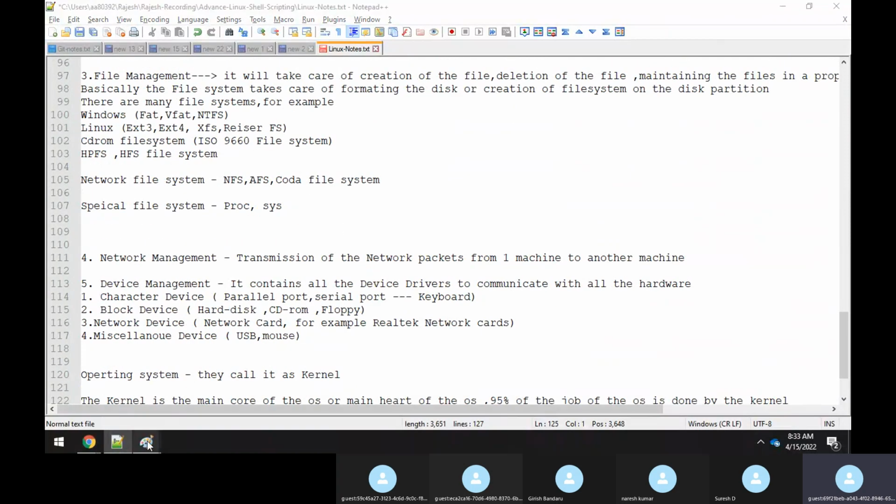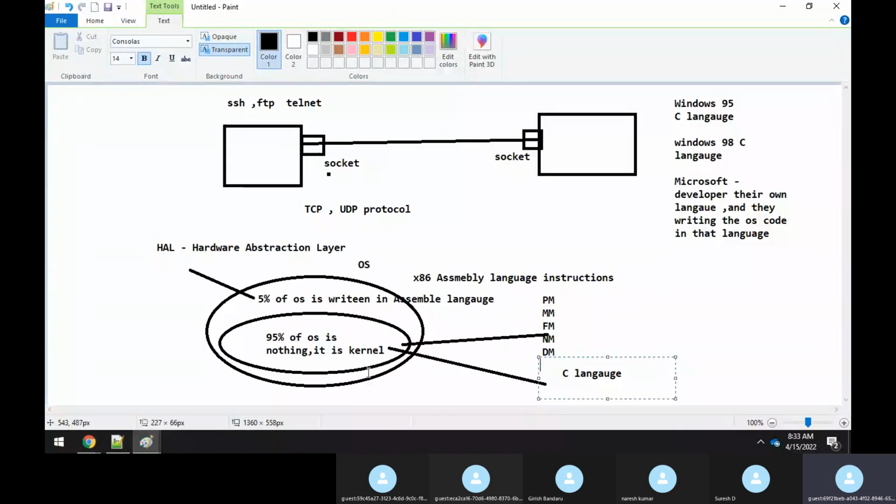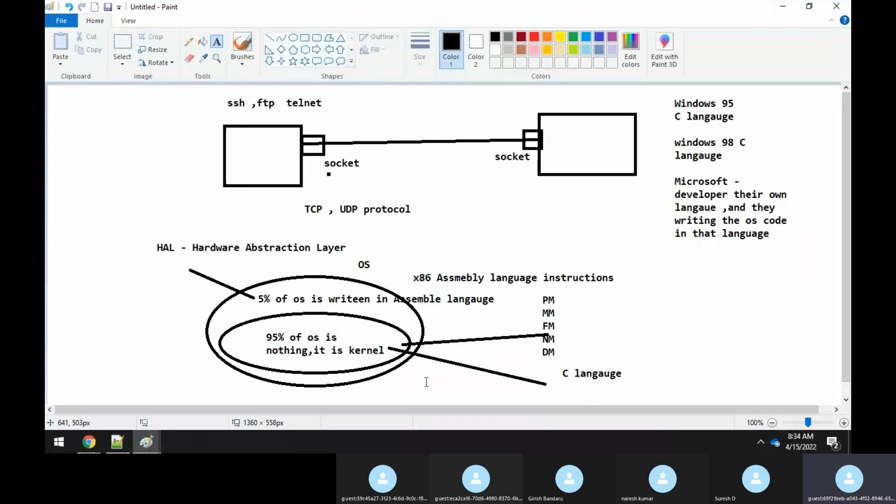And now finally we call that operating system a kernel. The whole operating system, not only the complete operating system, we call the kernel. 95%, almost most of the code, is the kernel itself. Only 5% is your HAL, the hardware abstraction layer. Both together, kernel and this 5%, everything together, we call an operating system. Or in short, we can even call it a kernel only. And the kernel is the main core, or main heart, of your operating system. So from now onwards, I will not say operating system. I will always say kernel. Okay, guys. I will not use the word operating system. Kernel, I will say. Kernel is, in effect, the operating system itself.